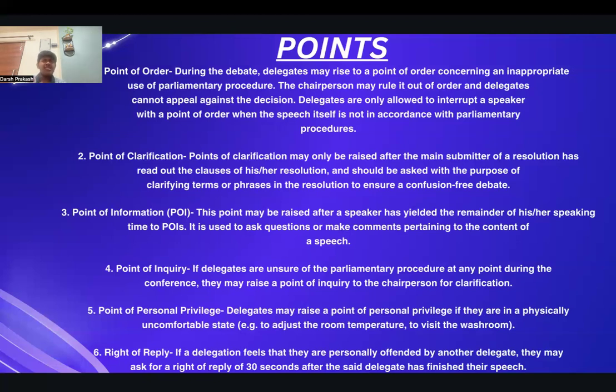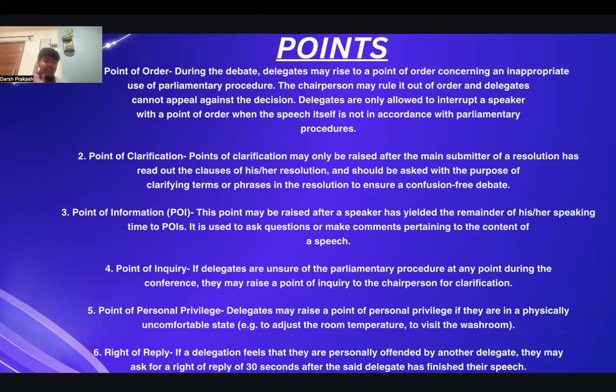Now, there's a situation that, okay, I am not satisfied with this answer. I want to counter question the delegate. You can't counter question like that. You need to ask your chairperson or vice chairperson, whoever is present in the committee at that point of time, plead to follow up. Not yield, plead to follow up. Now it's up to the chairperson to grant that permission to you or not.